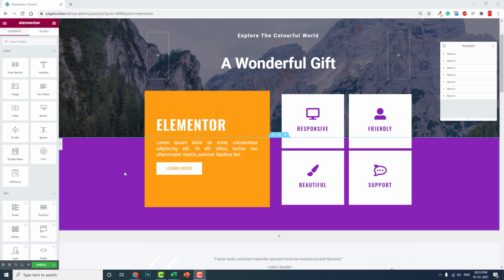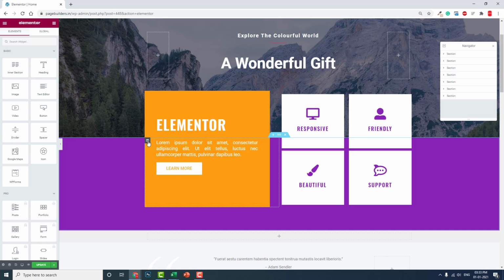But if you want to overlap in another direction, for example in this direction or in this direction, apart from these four directions, if you want to move this column and overlap over another widget, for example an image widget or column, then we need absolute positioning. The thing is, here